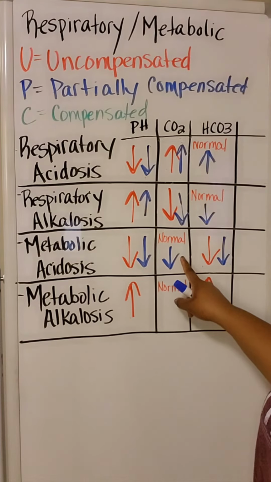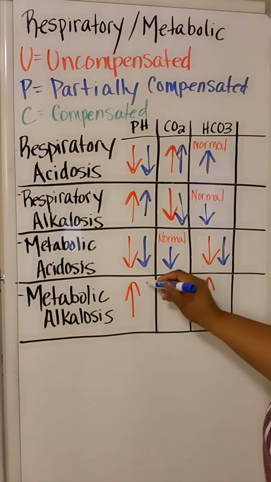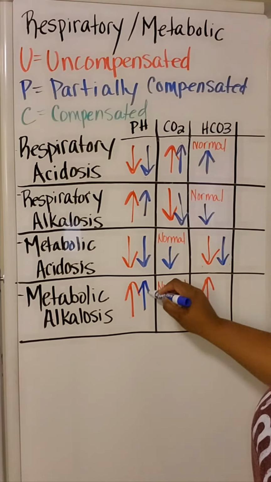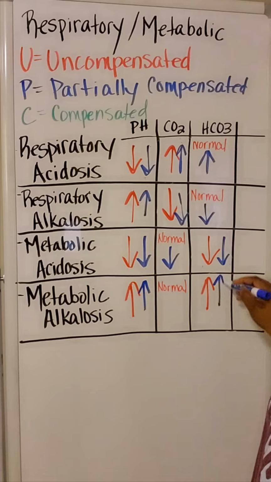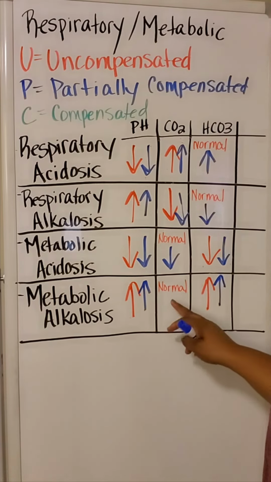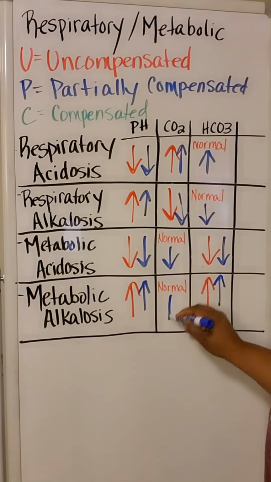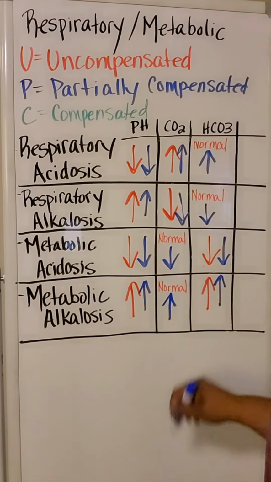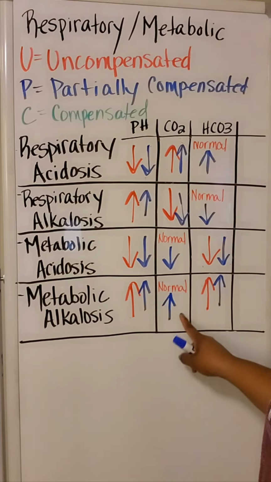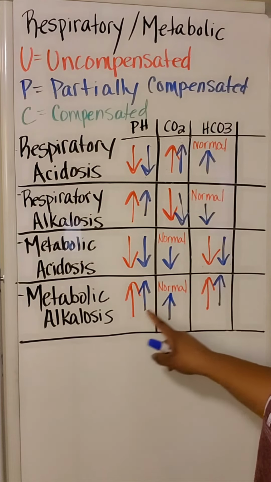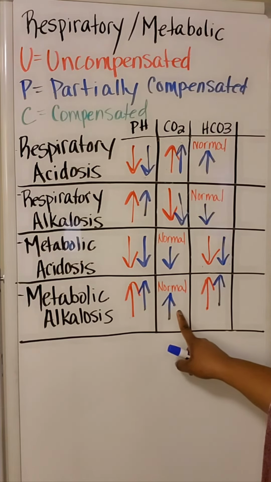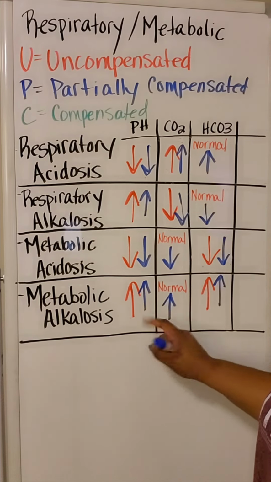When we look at metabolic alkalosis, we're going to notice that, again, that pH is still increased. We're going to look at our HCO3 is still increased. But now we're going to see the lungs try and compensate by having us retain more CO2 so that we can compensate for the fact that we're already in an alkaline state. The body can retain more CO2 to mix with water to make carbonic acid to compensate for this pH.